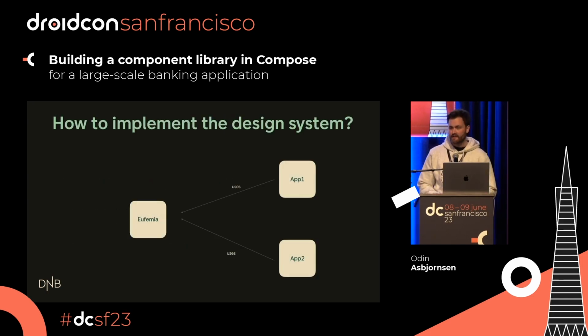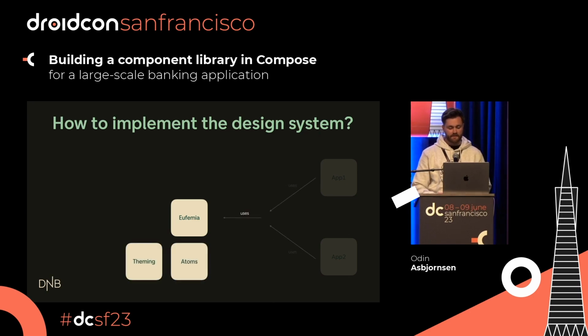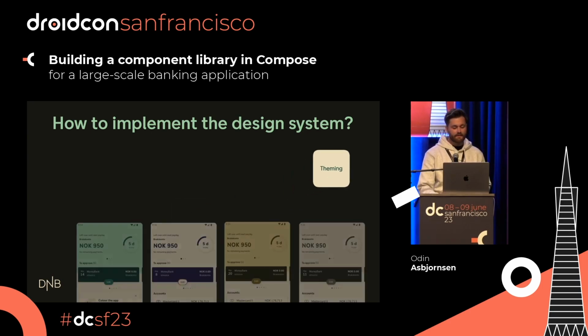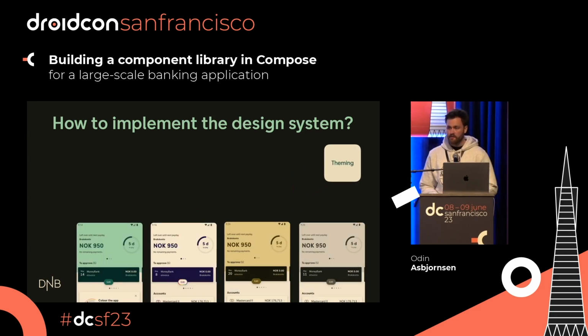So if we take a look at the architectural diagram that we have here, here we had our apps depending directly on Euphemia. If we take a look into our Euphemia library, it contained a lot of different library modules, but I will go through two of them that we had in here. So we had one called Theming and one called Atoms. And as I said in the start, we had all of these different